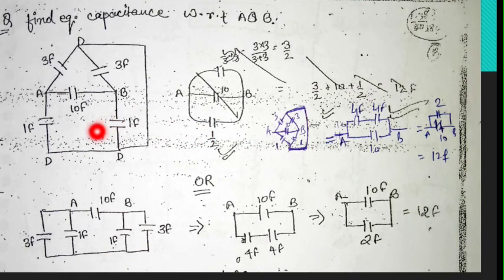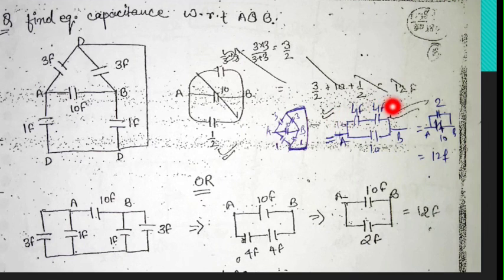So here, they are connected in the same manner, by using the bridge principle. Okay, so by using the bridge principle, that is 3 into 1 is equal to 3 into 1. So they are equal. Okay, so now apply this principle here. So these 3 farad and 1 farad are in parallel manner. Here also 3 farad and 1 farad are in parallel, so they are added. So 3 plus 1 is 4. Here also 3 plus 1 is 4.